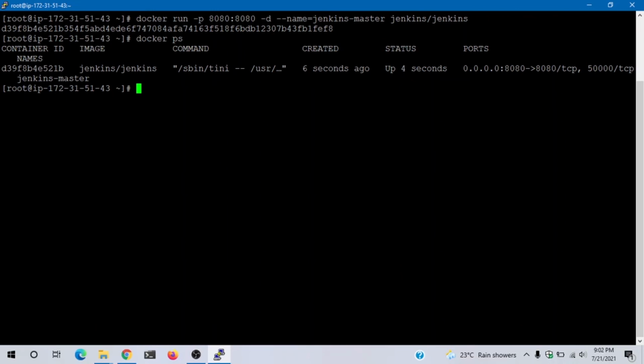In order to fetch the key, we can execute one other command, docker exec, which is execute command. What is my container name? My container name is jenkins-master.